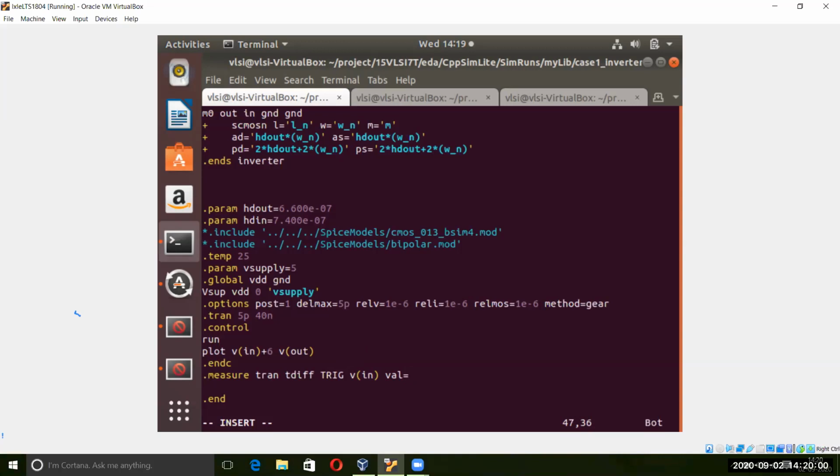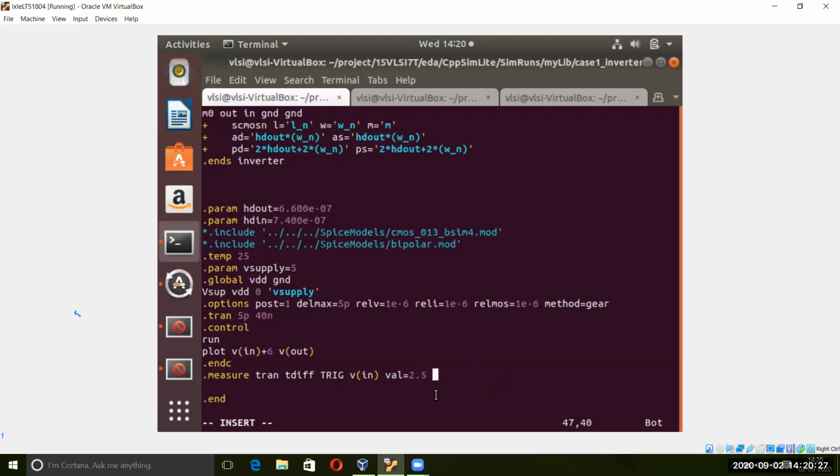So the propagation delay is 50% to 50%, the 50% of the VDD. What is the 50% of the VDD? It's 2.5, right? So you can give 0.5 into V of VDD in the bracket, or else you can directly give 2.5 here.